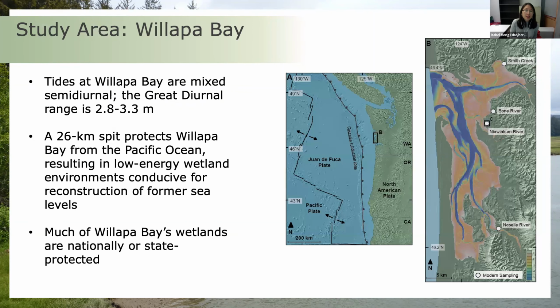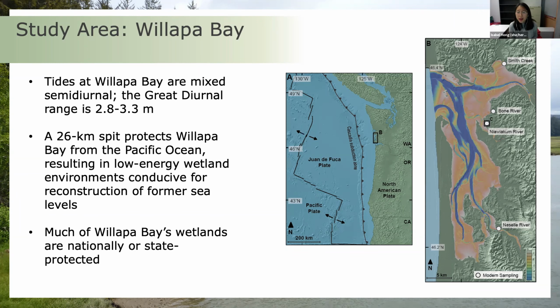So my study area, as I mentioned, is located in Willapa Bay. Willapa Bay is boxed for you and labeled as B in map A. As I mentioned, Willapa Bay is located along the Cascadia subduction zone. I have Willapa Bay shown for you then in more detail in map B with accompanying bathymetry. So these warmer colors indicating shallower depths and these cooler colors indicating deeper depths. And Willapa Bay itself is really large. It's about 350 square kilometers, and about 2/3 of Willapa Bay itself falls within the intertidal.